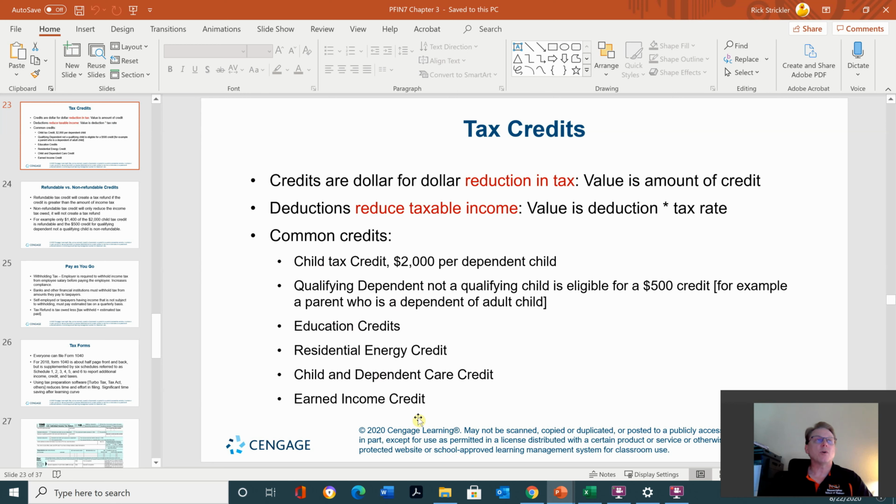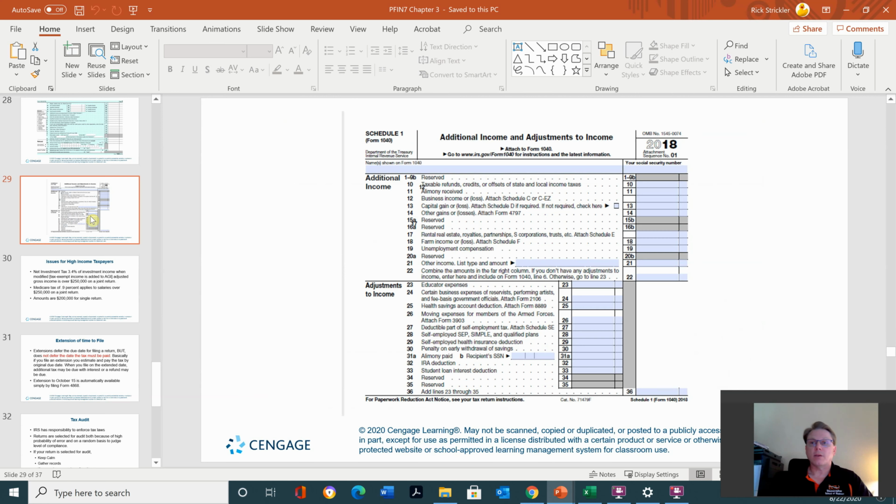Okay. Pay as you go withholding tax. Employers are required to withhold income tax from an employee's salary before paying the employee. Obviously, you see that on your pay stub. Okay. There's what a 1040 looks like, and there's the next. That's additional income and adjustments to income. So if you made additional income,